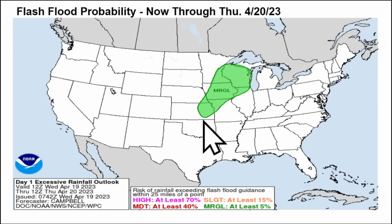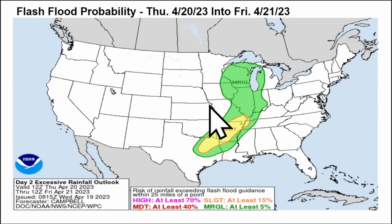And it looks like the flash flooding potential will be maximized with a marginal risk up here across the Midwest going through that Thursday morning time frame, with that MCS and that clustering of the storms overnight tonight into Thursday morning. And then much of the Mississippi Valley here from Wisconsin all the way down through Illinois and portions of the Mid-South will be seeing that marginal risk for flash flooding Thursday into Friday,